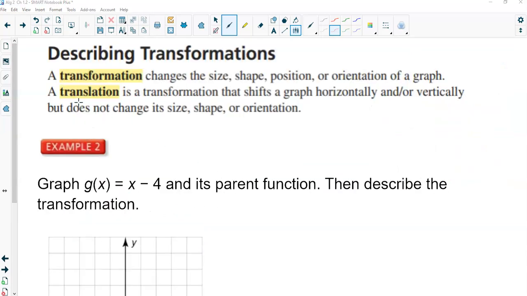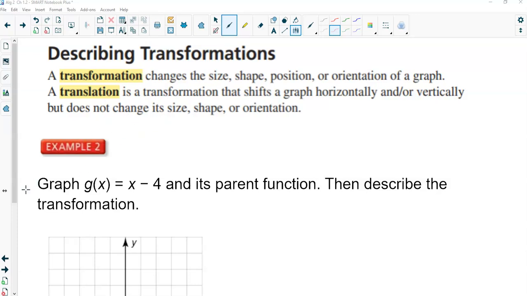So we are talking about transformation. A transformation is a new vocabulary word for you. Maybe you've heard it before, but this is a new vocabulary word for some people. Well, a transformation changes the size, shape, position, or orientation of a graph. Remember that a transformation can change the size, can change the shape, because it becomes wider or narrower. It can change the position, so a translation, right? Or orientation, there's a look up, there's a look down. A translation is a transformation that shifts a graph horizontally and or vertically, but does not change its size, shape,